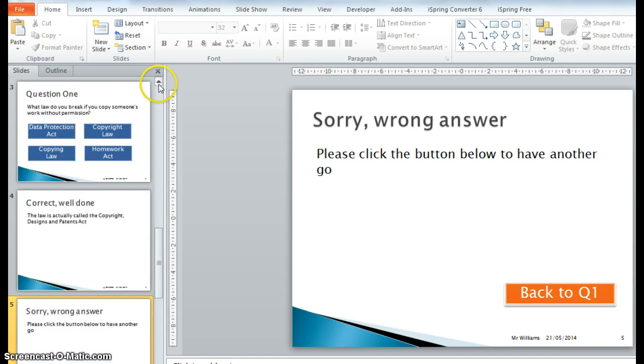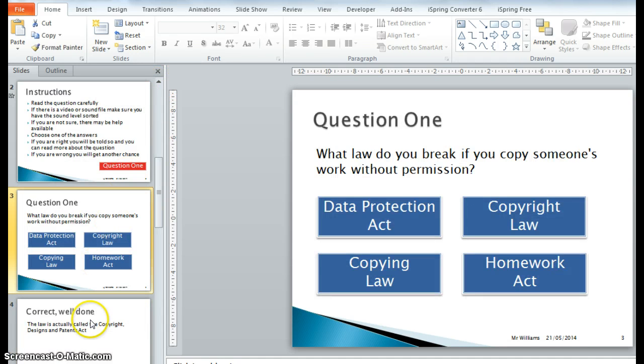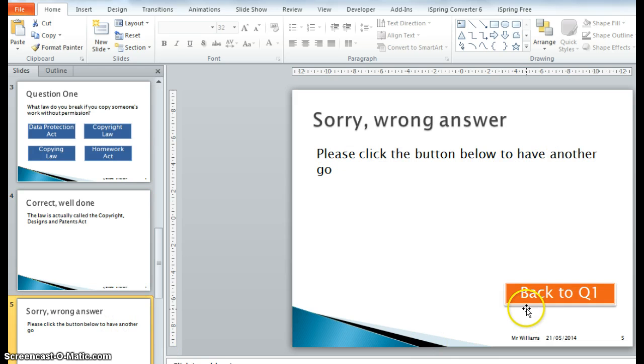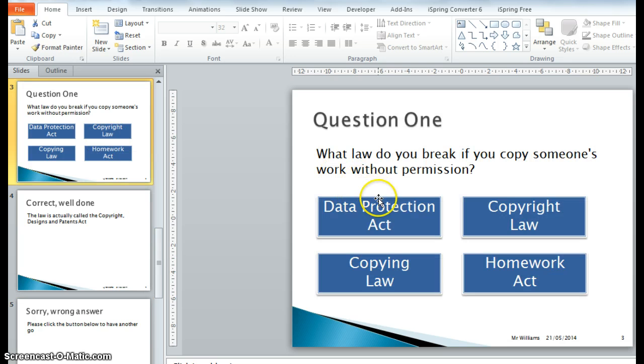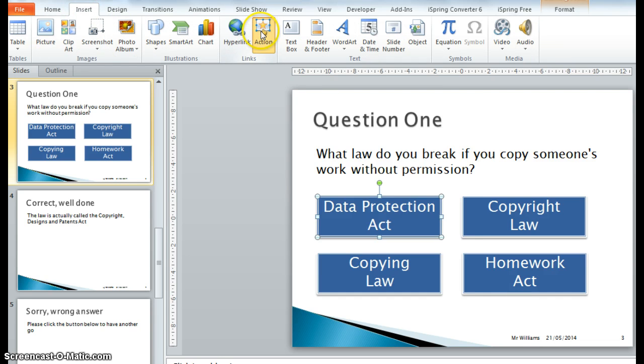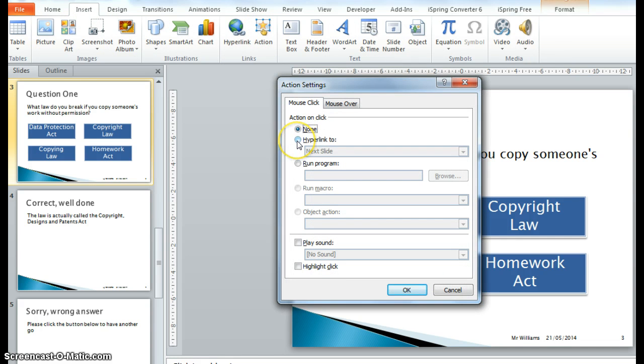So I'm almost done. I've got my question, I've got my correct answer, and I've got my wrong answer with my button to go back. What I need to do now is link things up. So back to question 1, and I'm going to show you how to do this. What we do is we click on the button and then we click on the green circle, so the whole of the button is selected, and that's very important. Then what we need to do is go to Insert on the menu bar, Action,